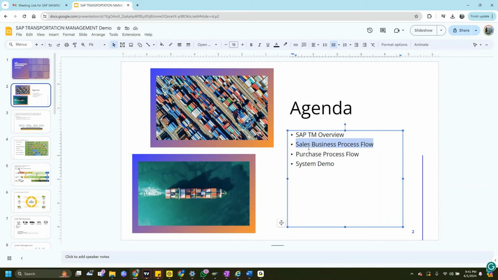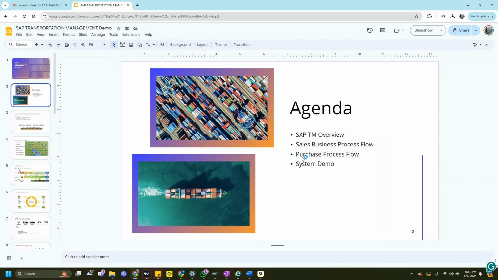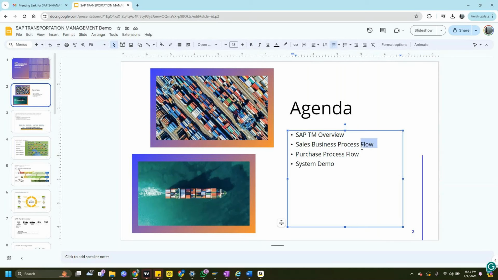We will understand exactly how this happens and what are the key things that need to happen in terms of process flow. Then we have a sales business process flow, like how the sales process flow happens, and then how the purchase flow happens. And as Arun is from an EWM background, I'll touch base on the basics of how TM and EWM are integrated and what the key concepts are in and around that. I'll not be going into too much technical depth, but on a high level we'll cover the end-to-end process, and I'll also explain what concepts we are going to take in future sessions and what the configurations are.